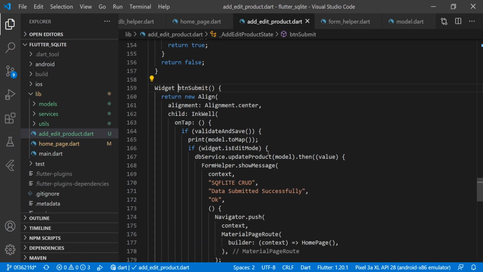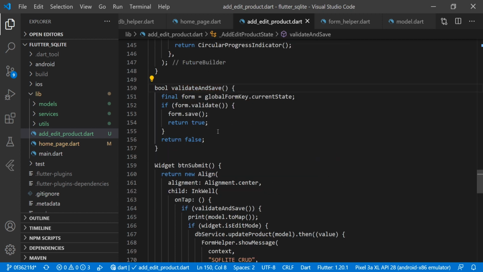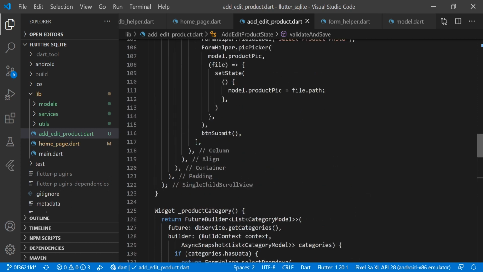In the submit button we are calling the validateAndSave method which we have created. What we are doing in this method is checking the current state of the form, and if it's valid, then we are calling form.save and returning true.